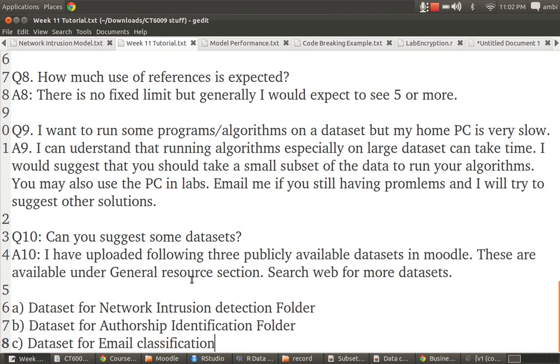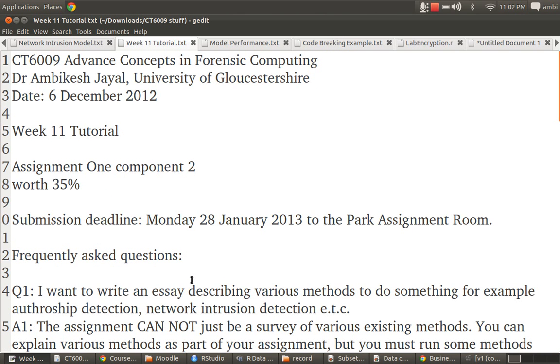All right, thank you. That was a quick summary of the frequently asked questions about the assignment. And again, just to repeat myself, the main thing that I'm looking for in the assignment is you should question